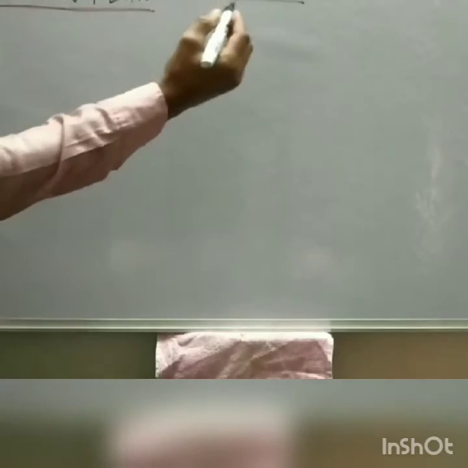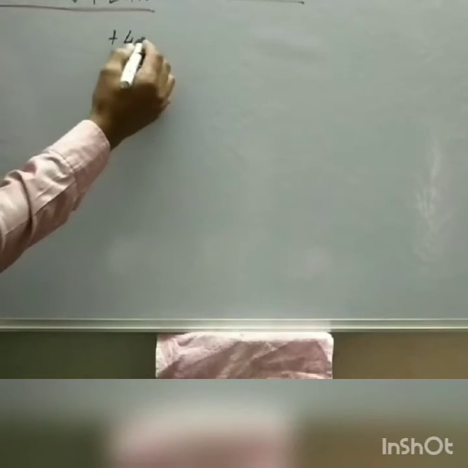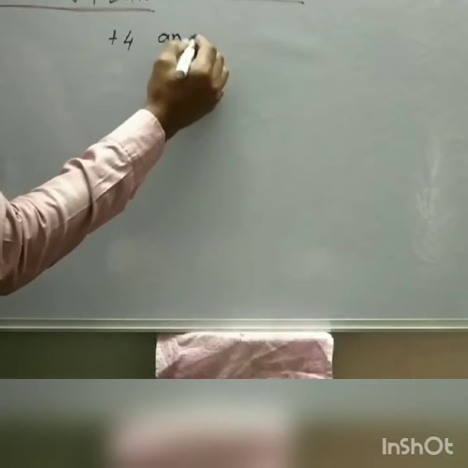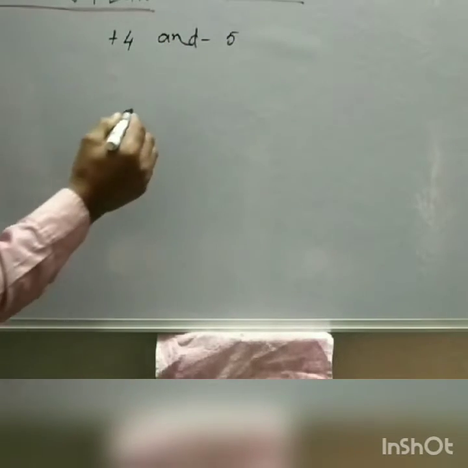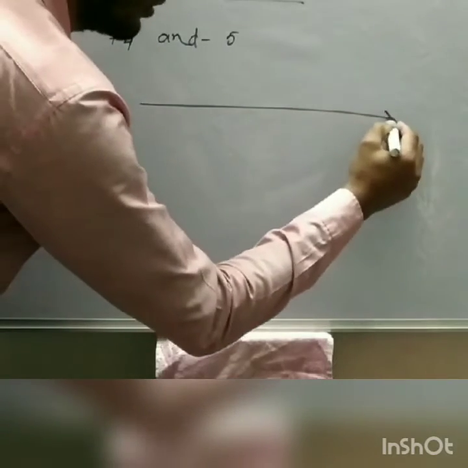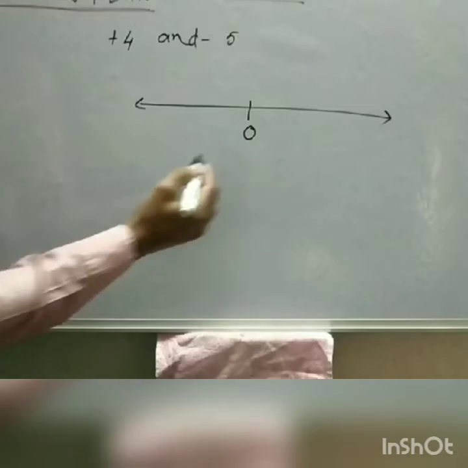So students, we have already plotted some of the numbers on the number line. Let us recall that and let us plot some numbers on a number line. Suppose you are given to plot positive 4 and negative 5 on the number line. How will we do it? We will draw a number line first, then we will put 0 as origin, then on